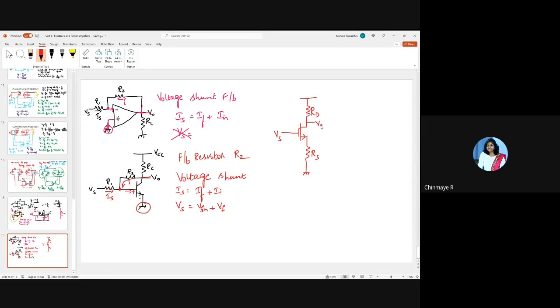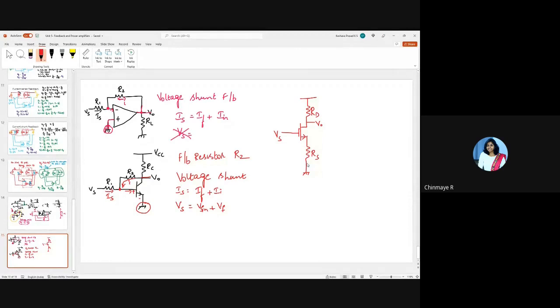Now this circuit has a feedback. Why is it called a common source amplifier with degeneration resistor? So degenerate is decrease gain, right? So basically this resistor RS is decreasing the gain of the common source amplifier. That's why it's called a degeneration resistor. And we also saw that this resistor RS increases the stability. So therefore here the resistor RS is the feedback resistor.